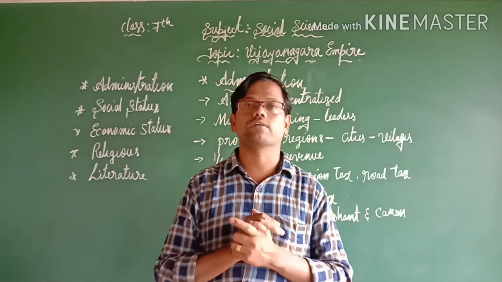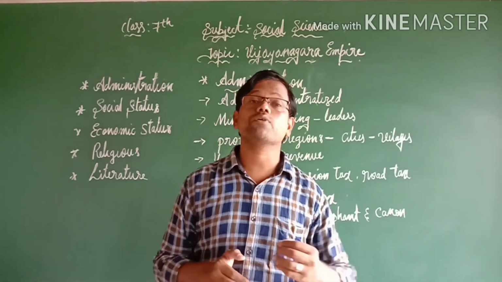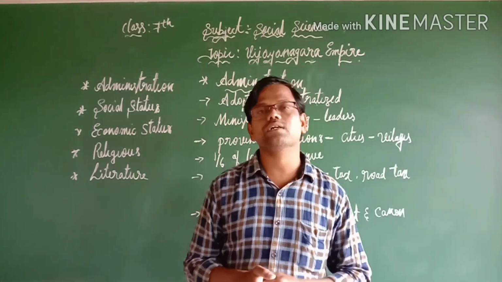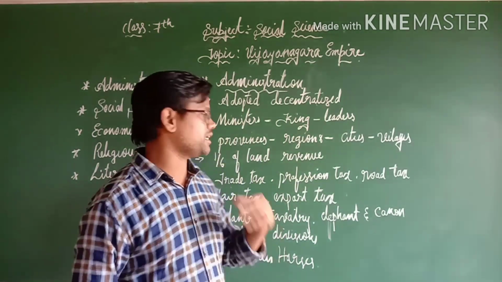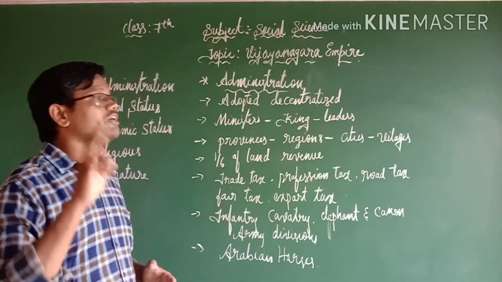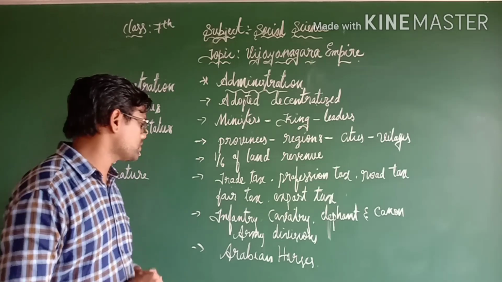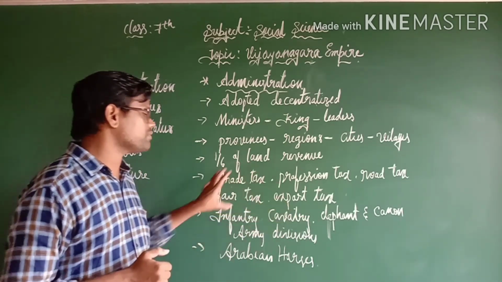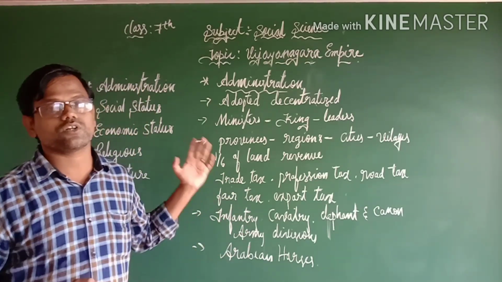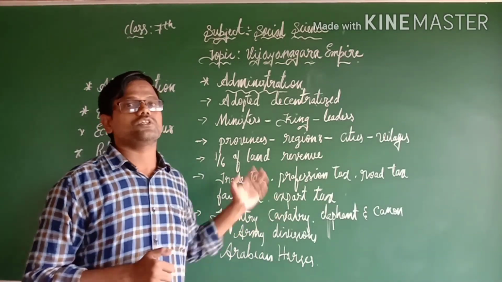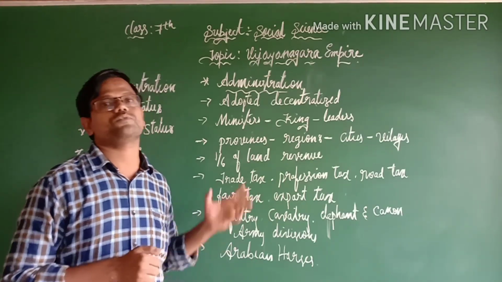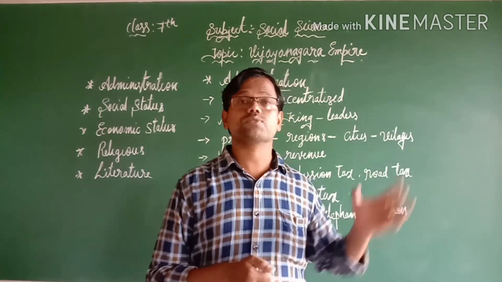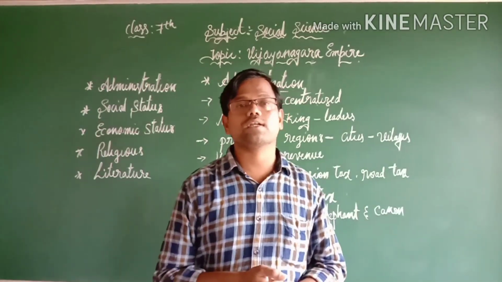The king is ultimate, and the king was also supreme in the judiciary, and the regional officers were dispensing justice in the provinces. And also the Vijayanagara Empire had four important army divisions. Those were infantry, cavalry, elephants and cannon. So these were the four important army divisions of the Vijayanagara Empire. And one of the very important attractions of the Vijayanagara Empire is that they imported Arabian horses. So this was about the administration of the Vijayanagara Empire.